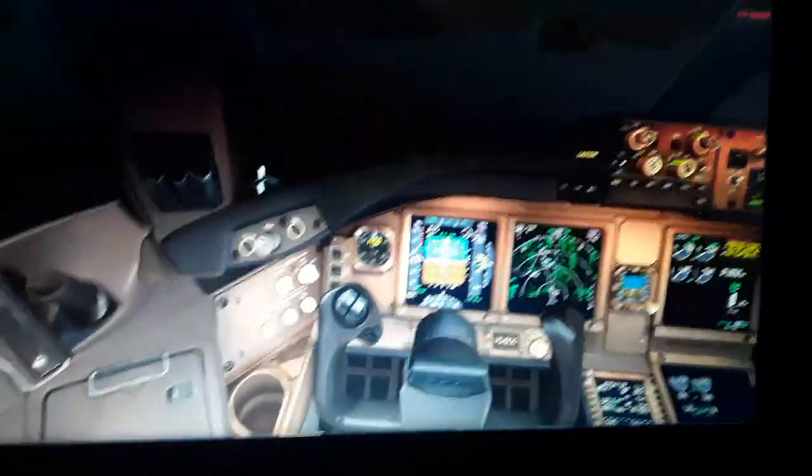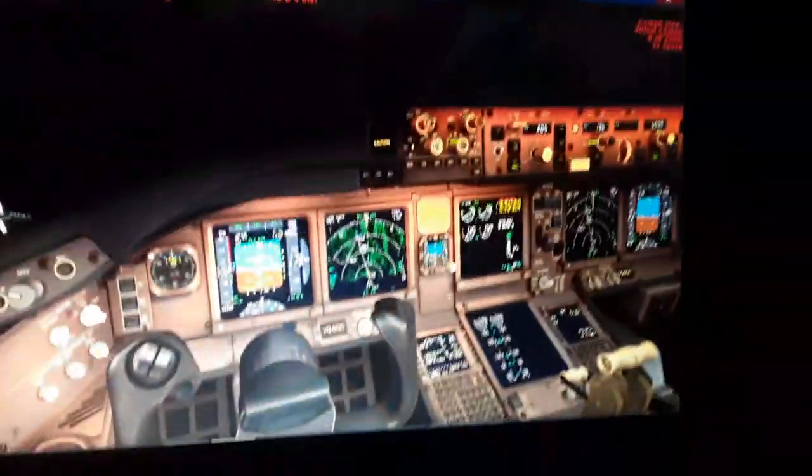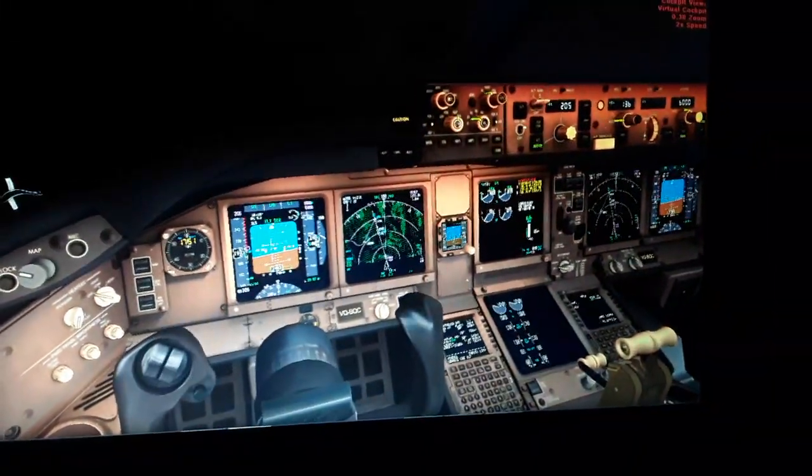So we are much closer. You can see over here we're closer to the ground. Also we need to overcome here this